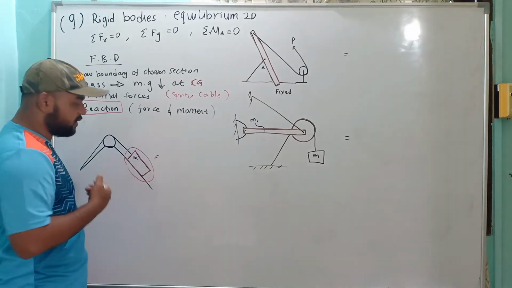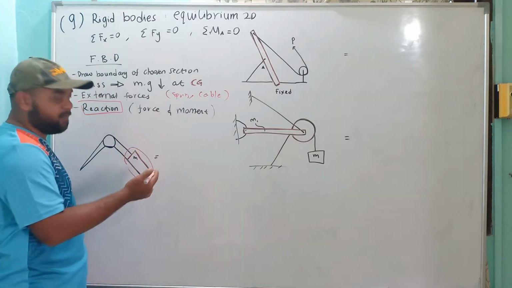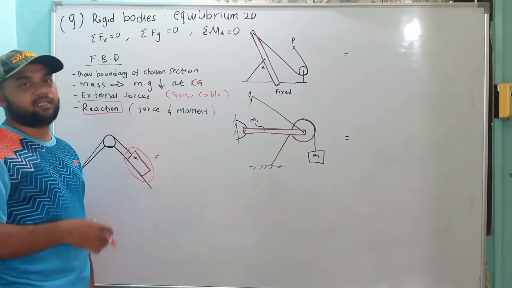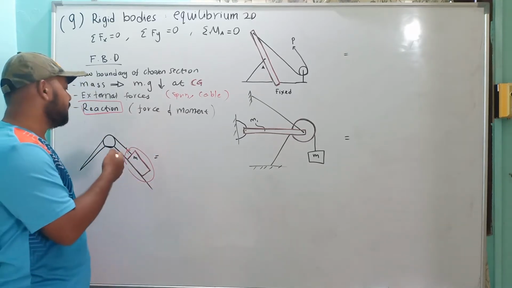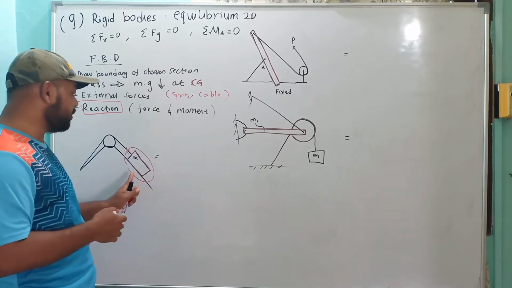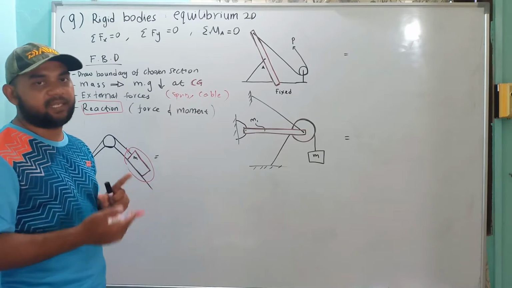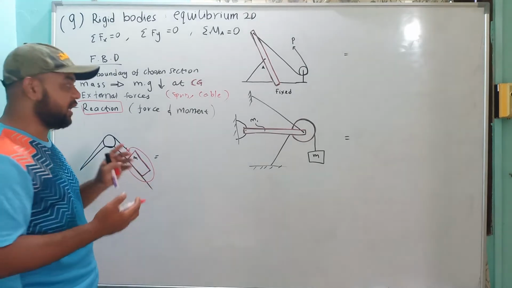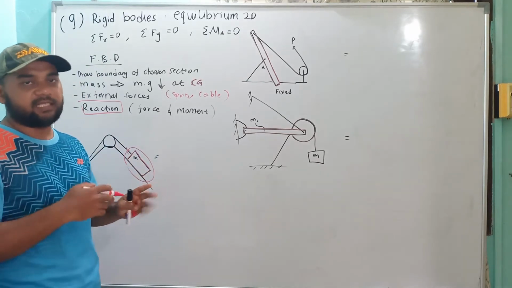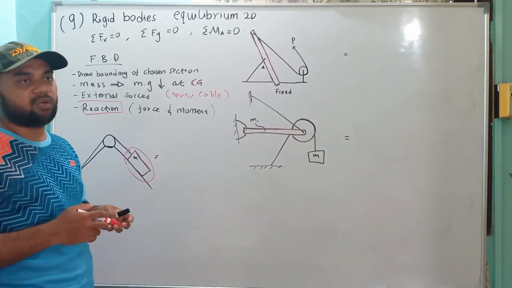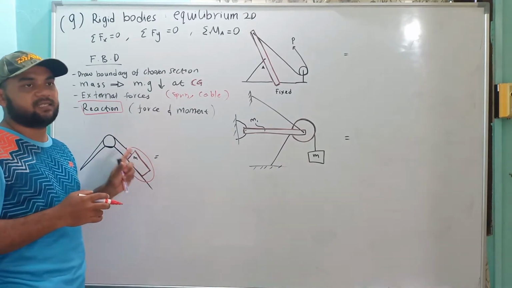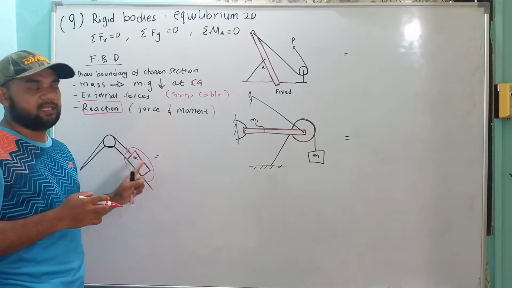I'll draw the boundary first so that I can see which part I want to draw and which components are involved, if there is a reaction, external forces and so on. This is very important for you to do as a beginner. When you start to draw the free body diagram, I hope everybody can follow this step. Just draw the section of the component so that you know what forces or moments are involved in that component.